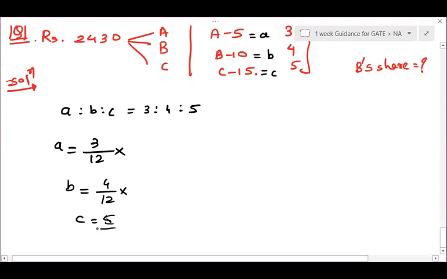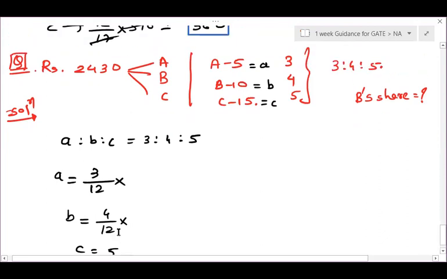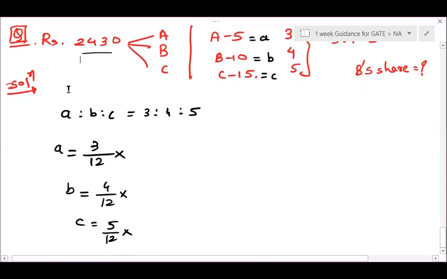अब आपको यहाँ पे एक चीज ध्यान देनी है स्टूडेंट्स, कि यहाँ पे टोटल अमाउंट कौन सा लेंगे? क्या टोटल अमाउंट में 2430 ही लूंगा? 2430 तो आपका capital A, capital B और capital C में डिवाइड हो रहा है। small a, small b, small c आप तब ले रहे हैं जब उन सब में से आप 5, 10 और 15 कम कर रहे हैं। सो टोटल 2430 में से आपको 5, 10 और 15 पहले कम करना पड़ेगा। So minus 5, minus 10, minus 15, that will be your minus 30. So 2430 minus 30 is equal to 2400. It is your total of a plus b plus c.